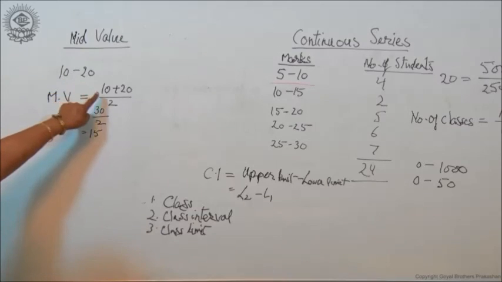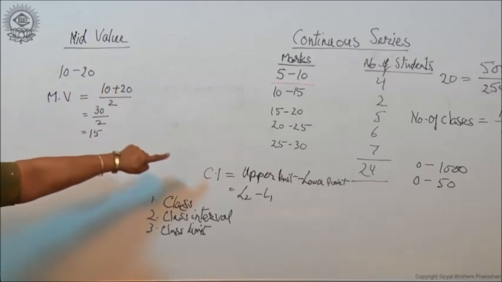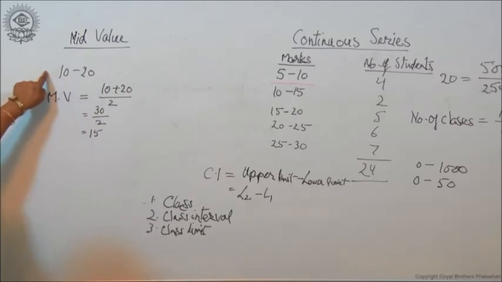So what is the mid value? The lower limit plus the upper limit, divided by 2. As I told you, what is limit? The lower side is lower limit, this